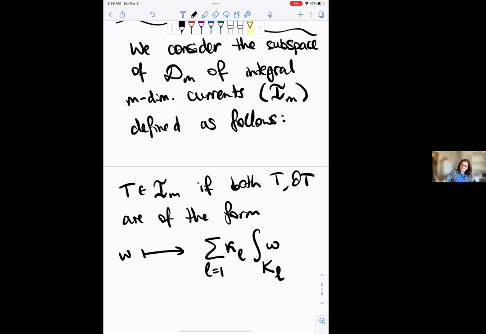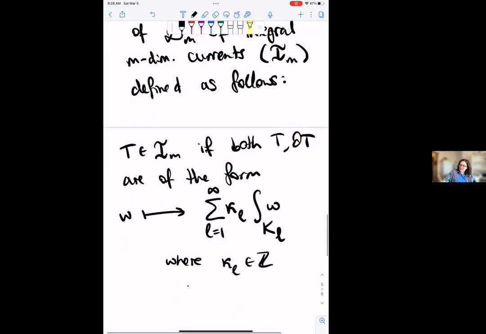So the sum over L equals 1 to infinity, where these multiplicities kappa_L are integers, and these K_L are closed subsets of some C^1 surfaces. These are m-dimensional surfaces,